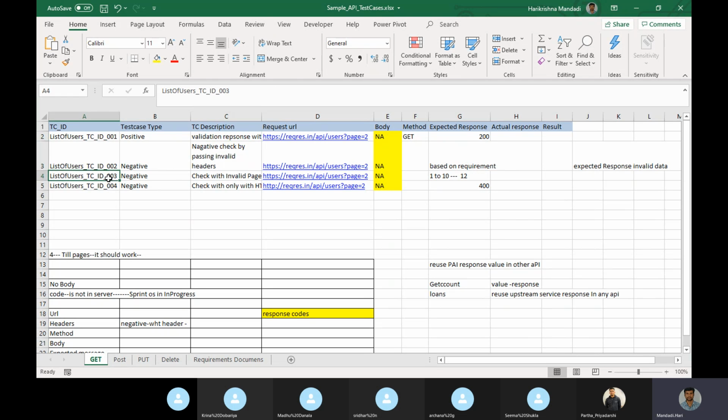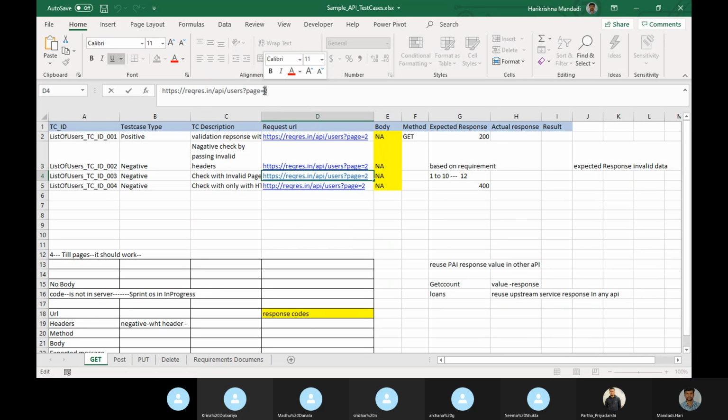The next negative one: check with invalid page number, an invalid page number in the URL. Suppose in the requirements they explain that page numbers will be 1 to 100. Suppose I give more than that, or instead of page equal to 2 I give something like 1000 or 2000.